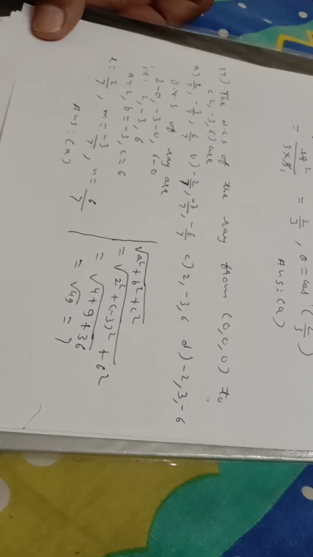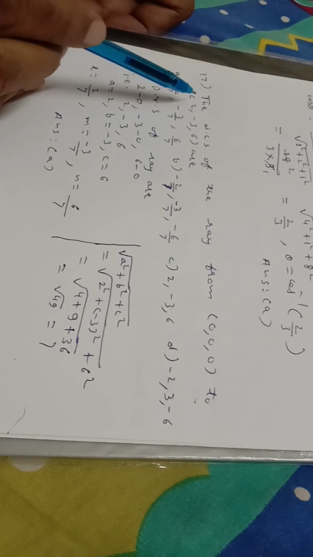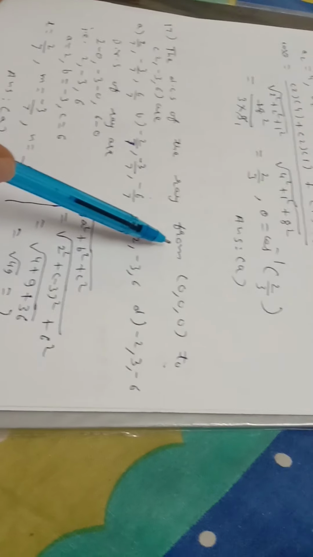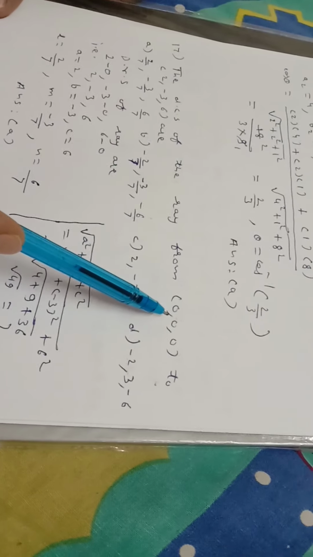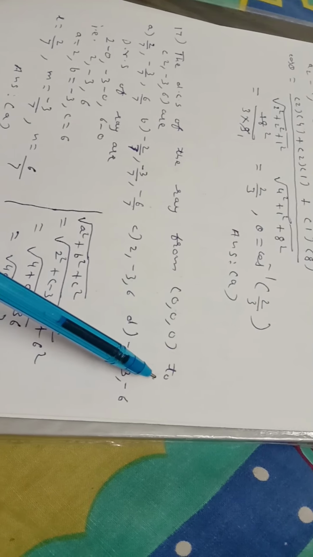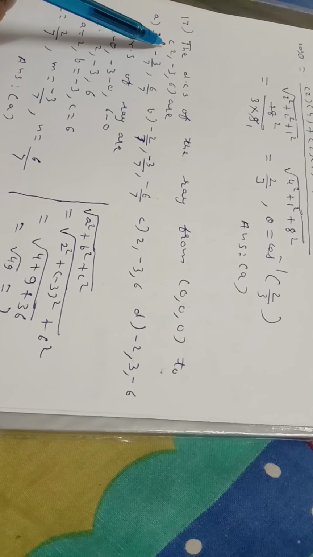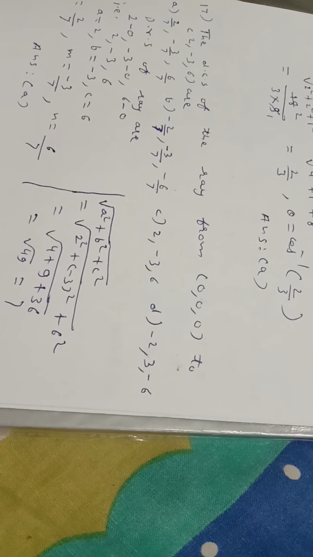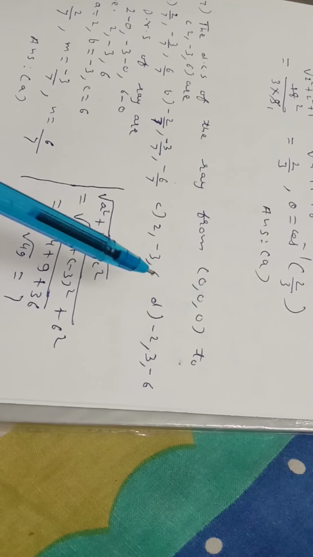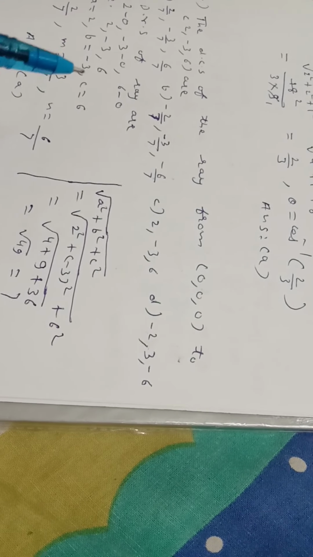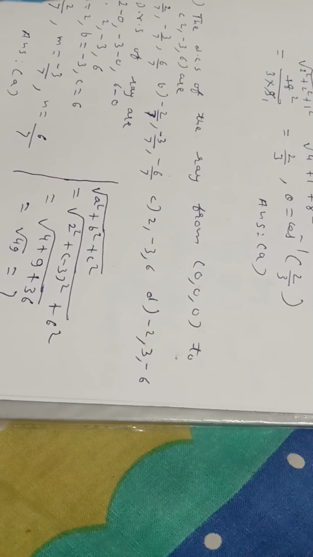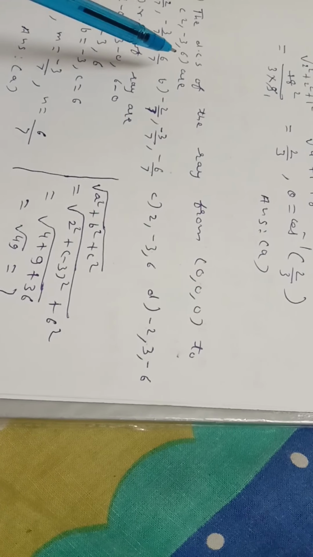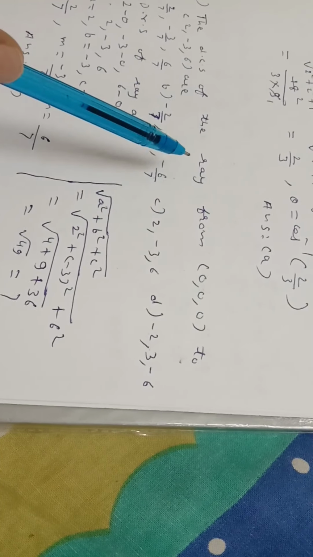Let us start with the next example. We have to find the direction cosines of the ray from the point whose coordinates are (0, 0, 0) to the point (2, -3, 6). So the coordinates of 2 points in space are given. Every point has 3 coordinates. So both the points are points in space, and by using the coordinates of the points, we have to find the direction cosines of the ray.